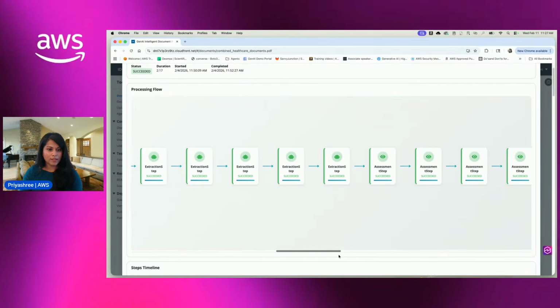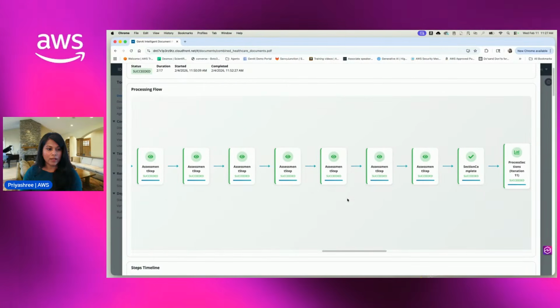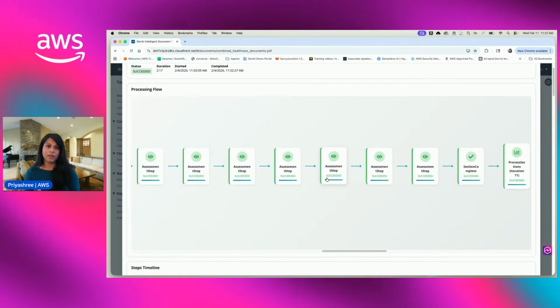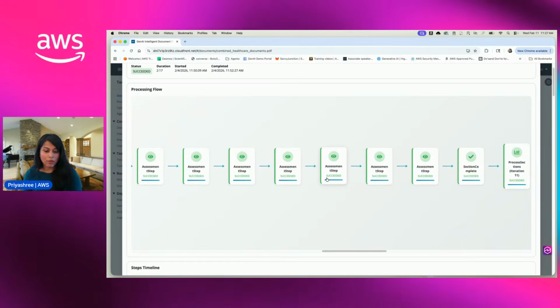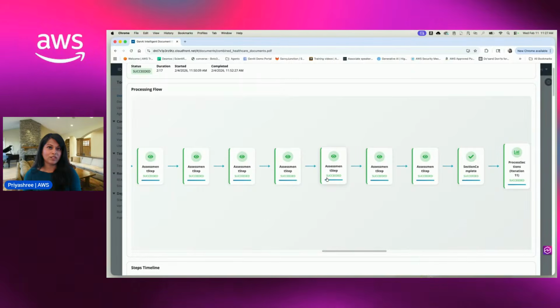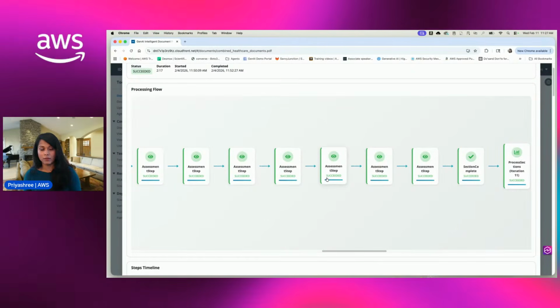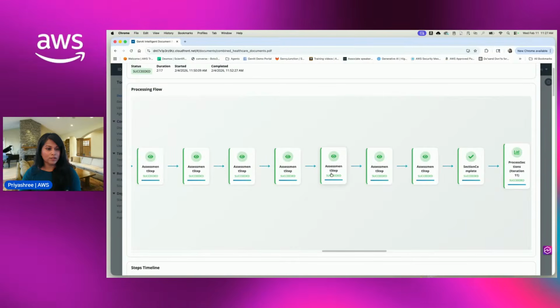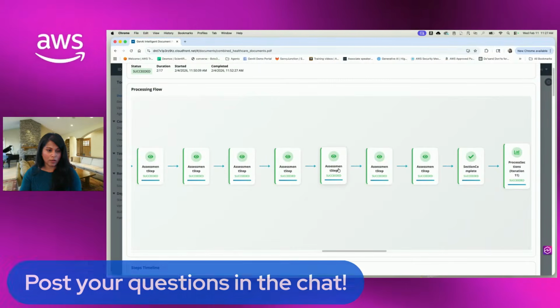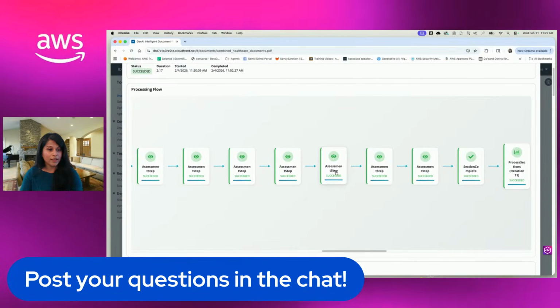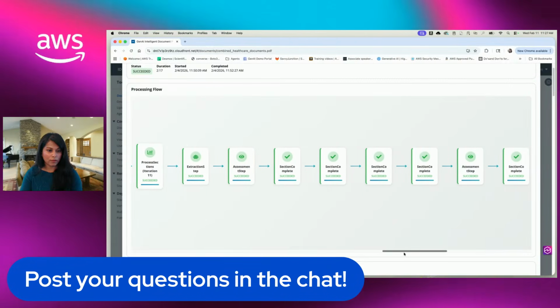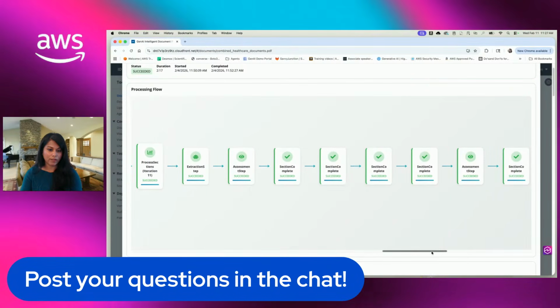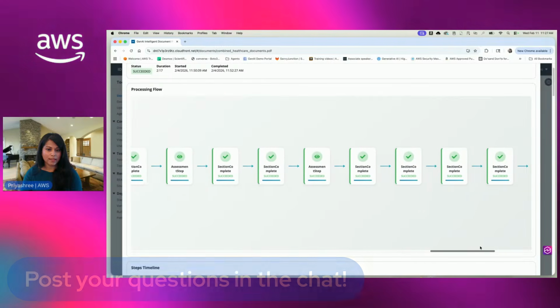And once the extraction is complete, we have another step. This is called the assessment step. At this step, we get confidence scores. For example, how confident we are that the patient's name extracted as John Doe is actually John Doe. So that confidence score we get in this assessment step. Followed by assessment, we have, what's the next step? Let's see. It's